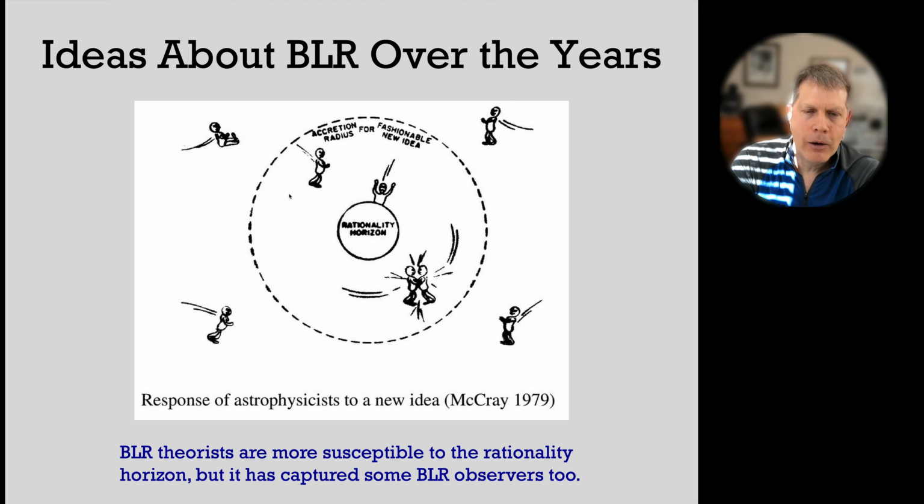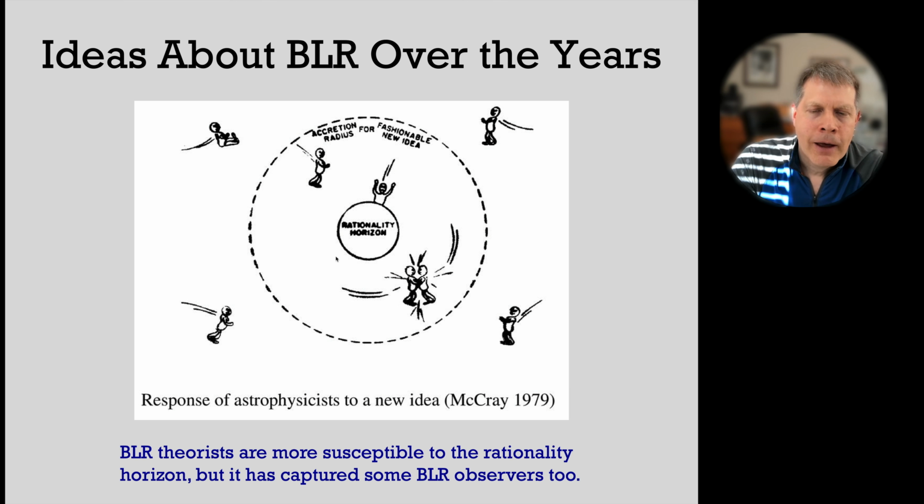However, there are other astronomers that pass within the accretion radius for the fashionable new idea and then become enthralled to it. And they orbit around the fashionable new idea, thinking about it constantly. And this region can sometimes become very crowded if the fashionable new idea attracts many proponents. And in this crowded environment, these attracted astronomers can collide with each other, producing much heat but very little light. So they are radiatively inefficient